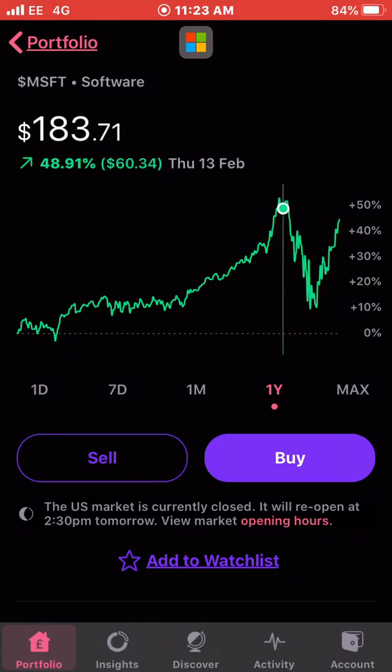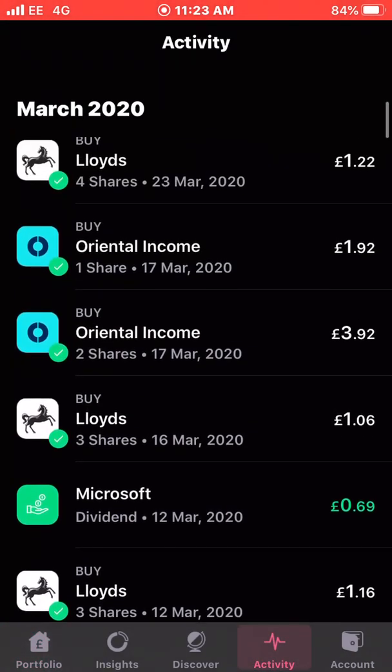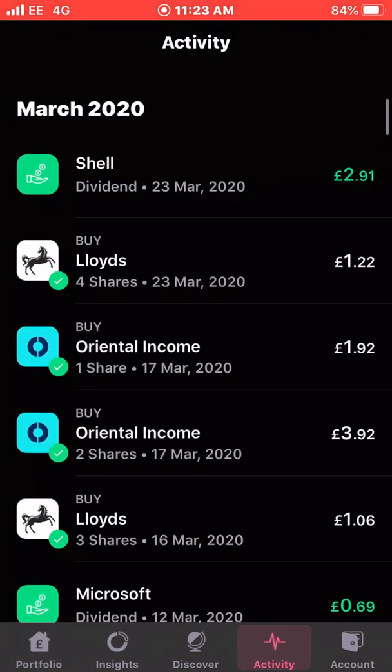That's when all this started to dip after the 13th of Feb, hit a low of $140, now back up to $177, so Microsoft looking strong at the moment. And I had to wait for my next dividend payment, which was on the 23rd of March, for some